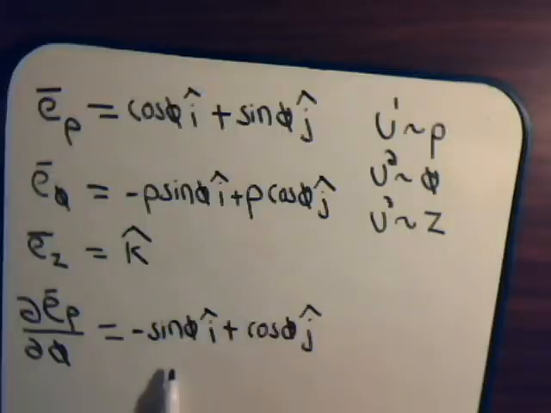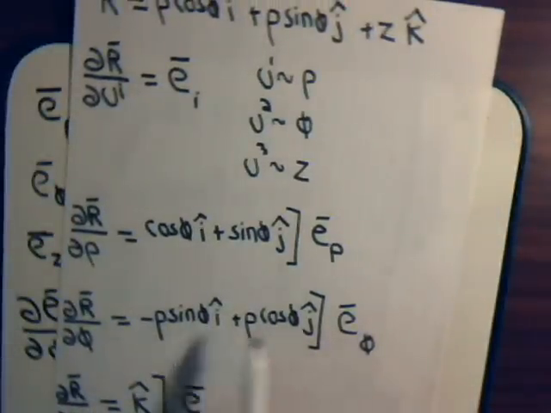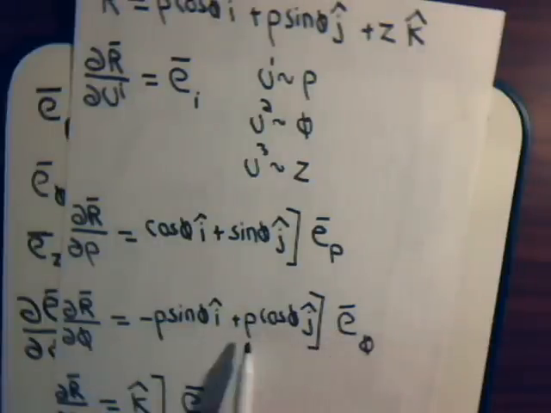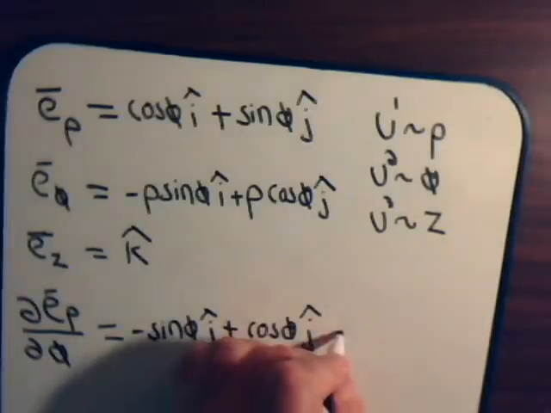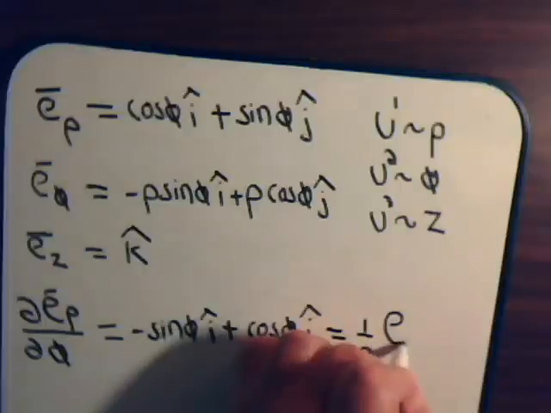Here, minus sine plus the cosine. So if I had this divided by rho, that'd be minus the sine plus the cosine. So this is equal to 1 over rho times E